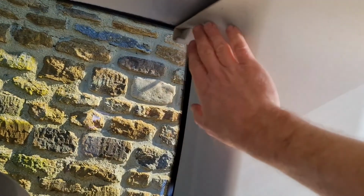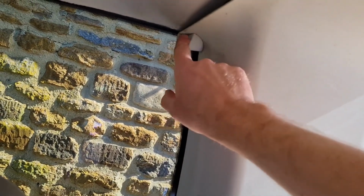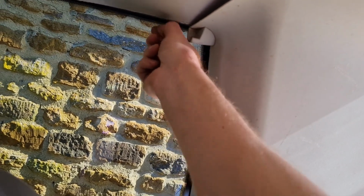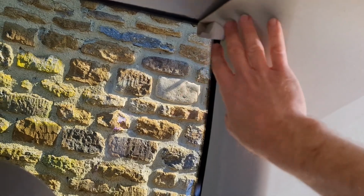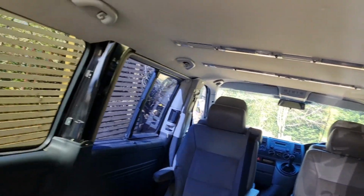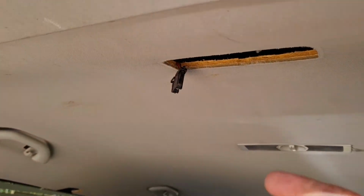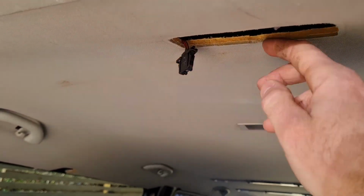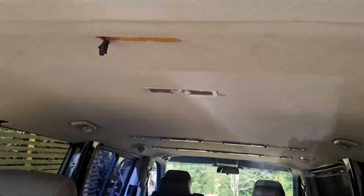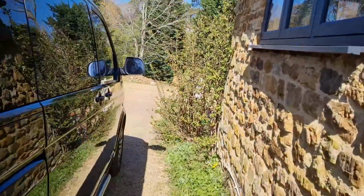You can sort of see that, and it doesn't fit very nicely to the trim up here because this is clashing with the window seal, that little rubber bit. So if you were to cut a little piece out of there, I'm sure that would sit much nicer. Same on the other side, but it's all in. You've got the light there, not wired up, and again the little van light, I've left the wiring through there, so the van light, which I haven't got, should just snap in there. Going through to the middle,